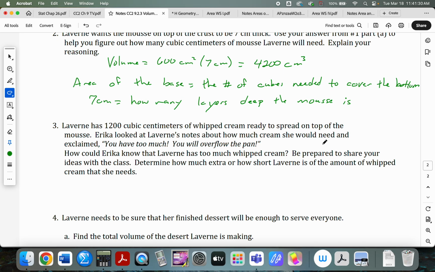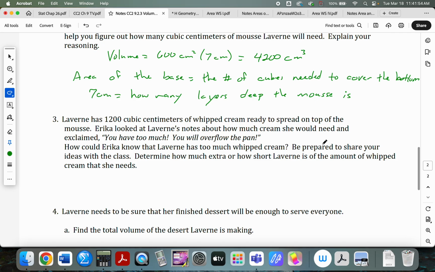All right, so Laverne has 1,200 cubic centimeters of whipped cream ready to spread on top. Erica looks at Laverne's notes about how much cream she would need and exclaimed, "You have way too much, you're going to overflow the pan." How could Erica know that Laverne has too much whipped cream? She has 1,200 cubic